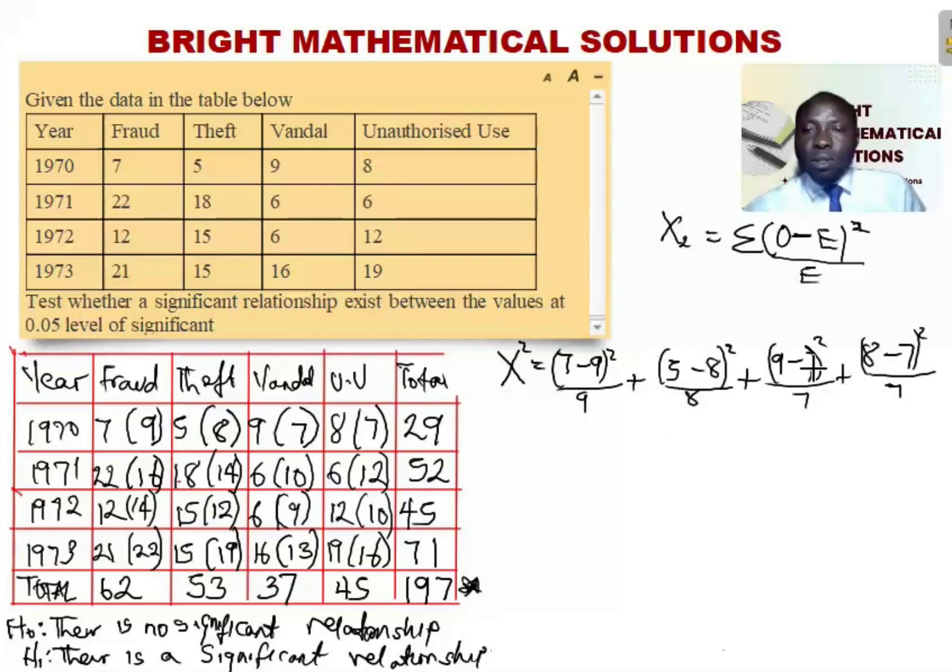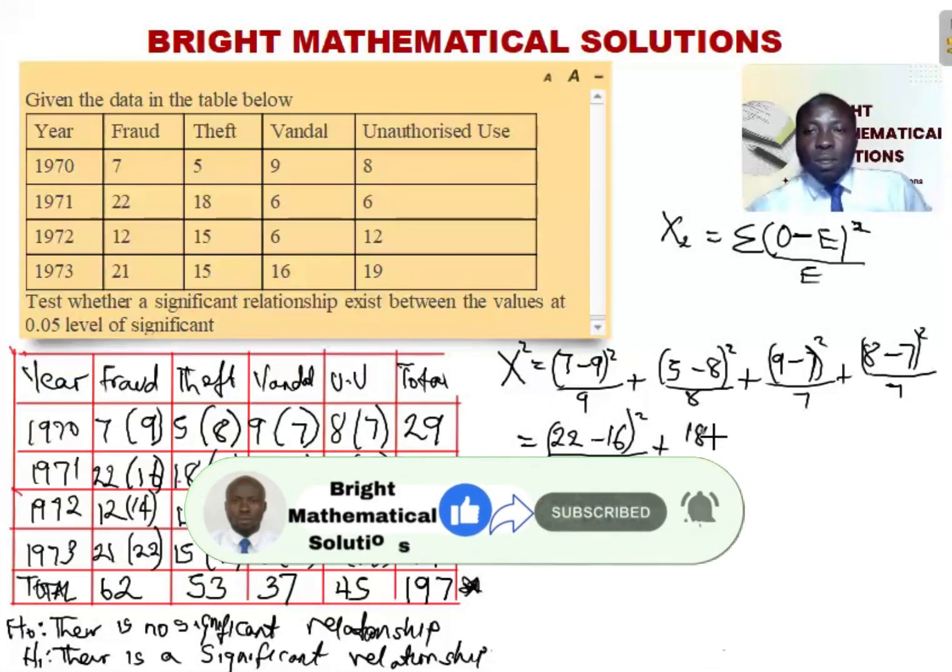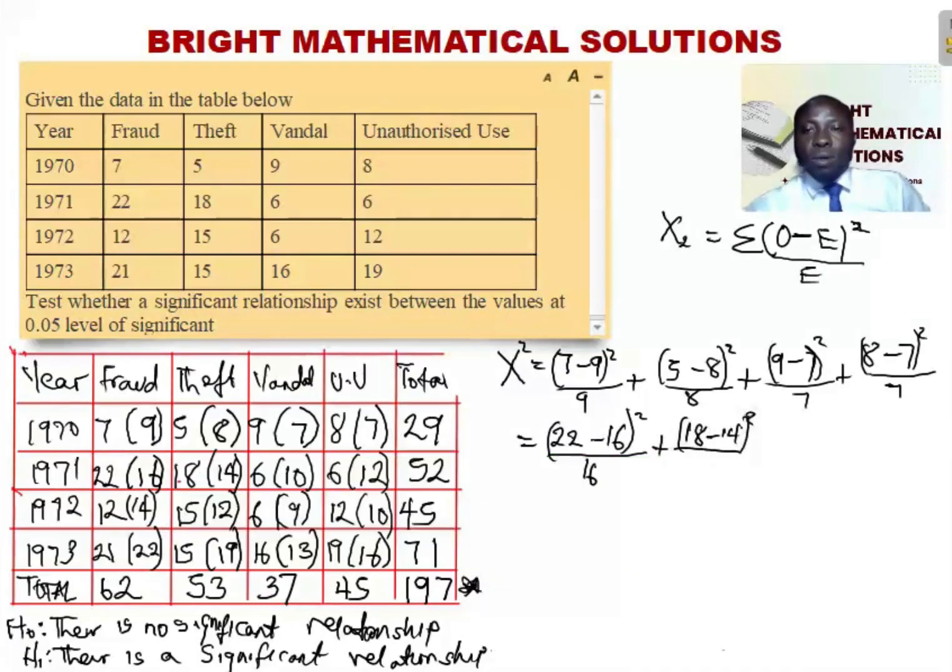So let us continue. So we have 22 minus 16 square divided by 16, plus 18 minus 14 square divided by 14, plus 6 minus 10 square divided by 10, plus 6 minus 12 square divided by 12. So plus,